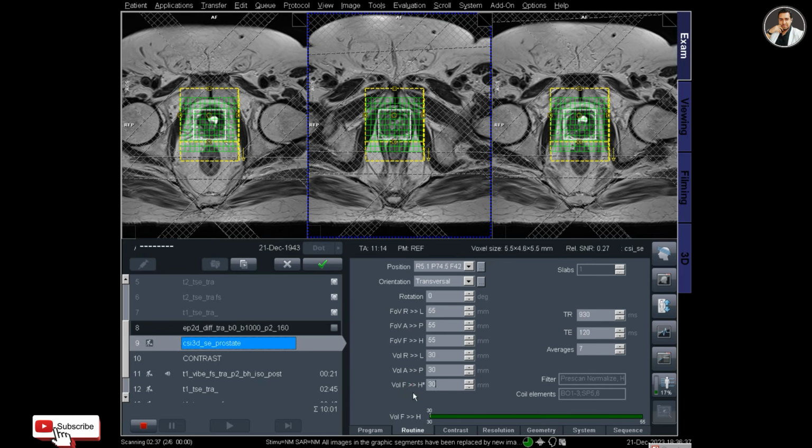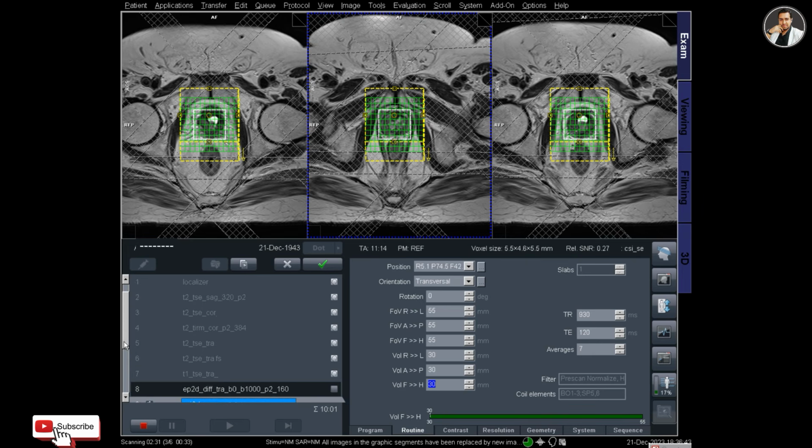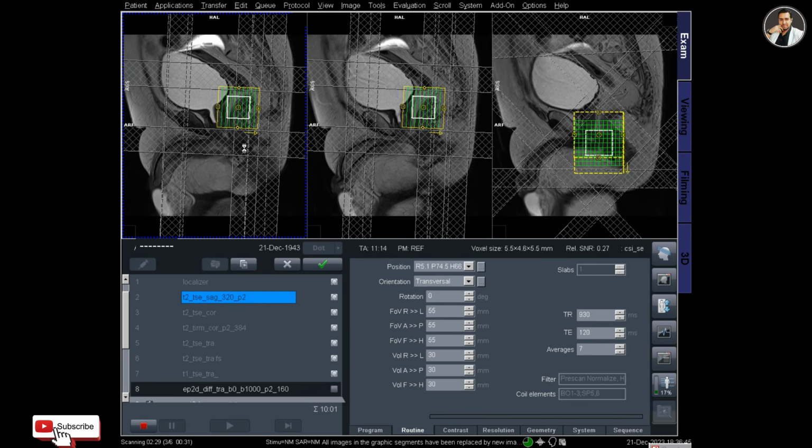So inside the white square is the volume square, and the rest of the boxes are the field of view.